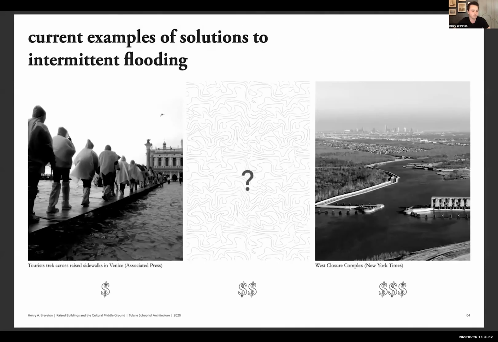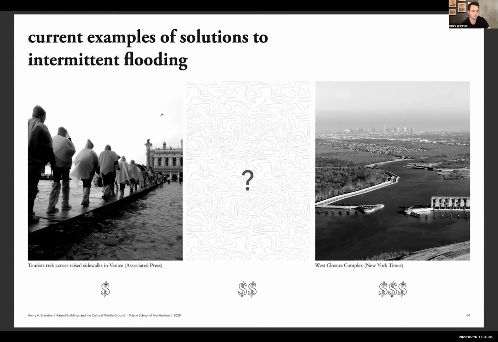I looked at examples of solutions to intermittent flooding at a variety of scales. I found that there are an abundance of solutions that lie on either end of the spectrum. On one end, there are low-cost, low-impact solutions such as the sidewalks constructed in Venice during an Aqua Alta. On the other end is something much more familiar to New Orleanians, which is our hurricane storm damage risk reduction system.